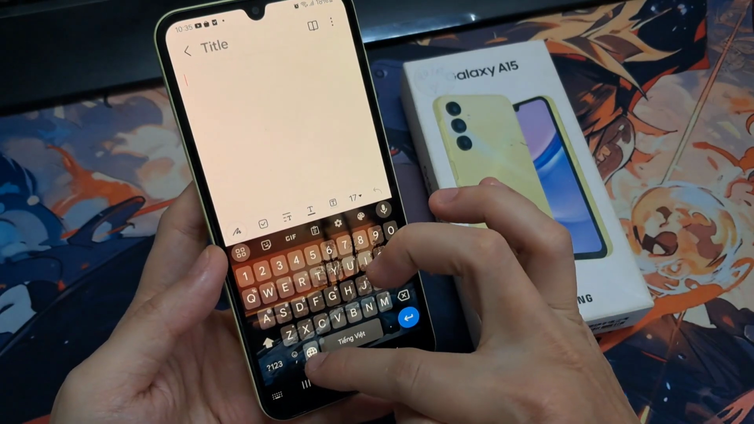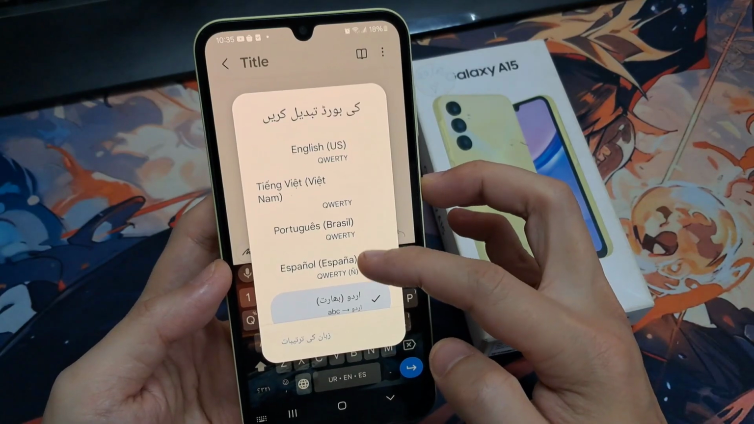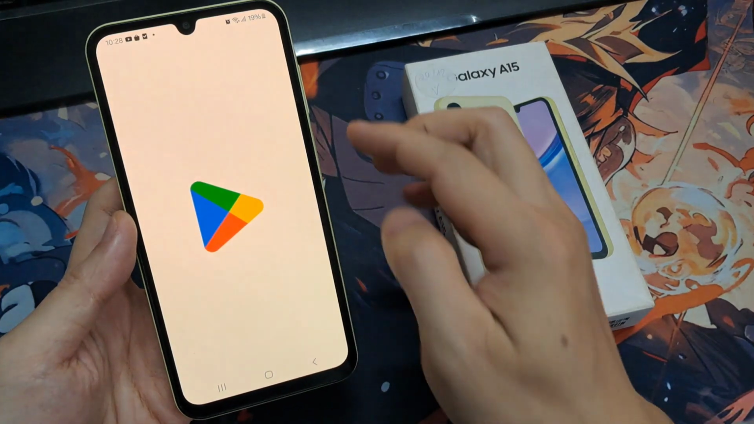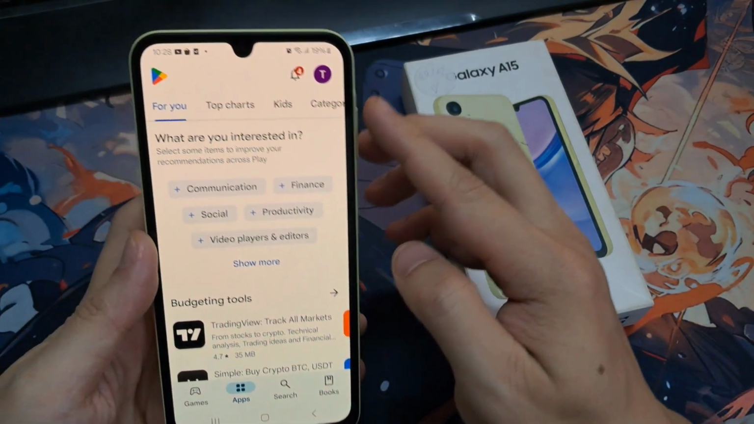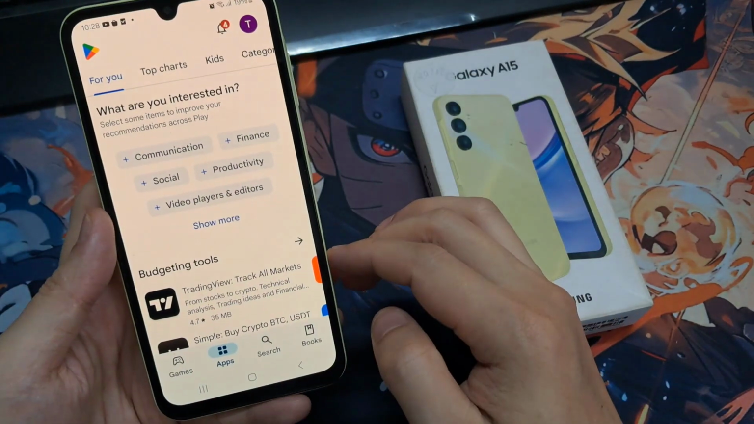Hi everyone, how to install and enable Google Keyboard or Gboard on the Samsung Galaxy A15. Now on the home screen or in the app screen, tap on Play Store. Now if you haven't signed in to Play Store, then do so. Once the Play Store has opened, tap on the search button at the bottom